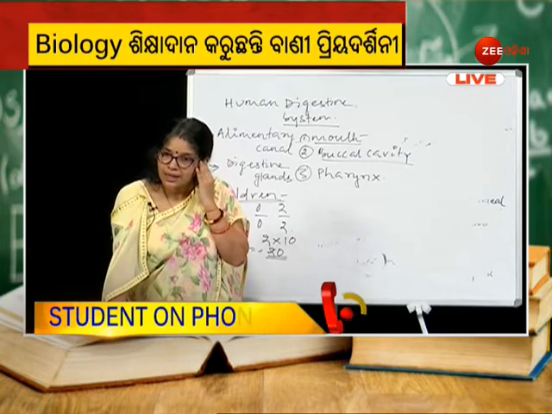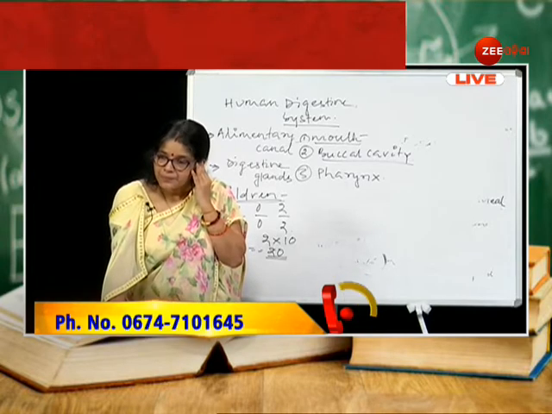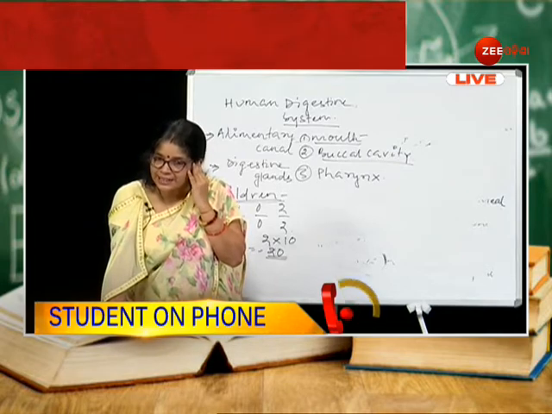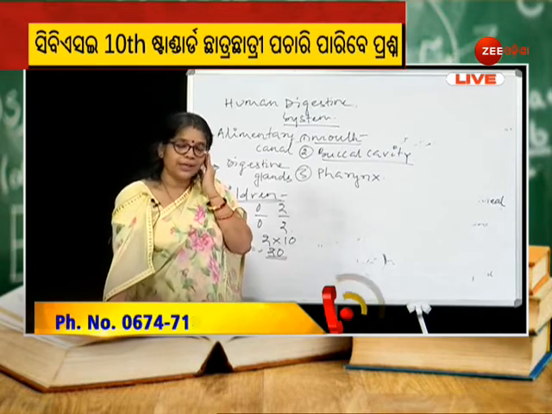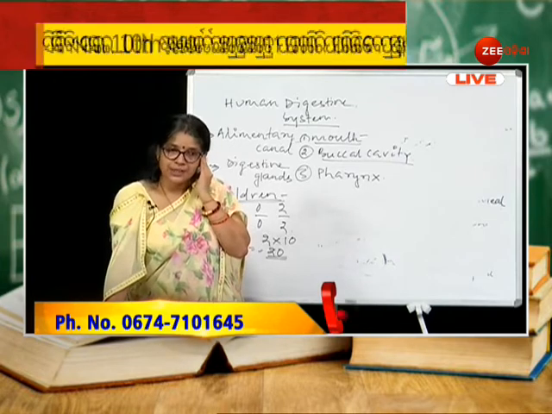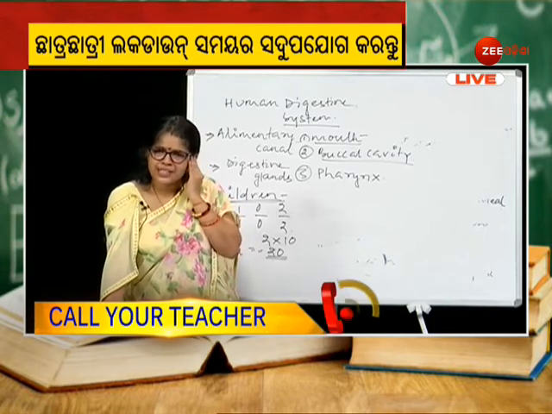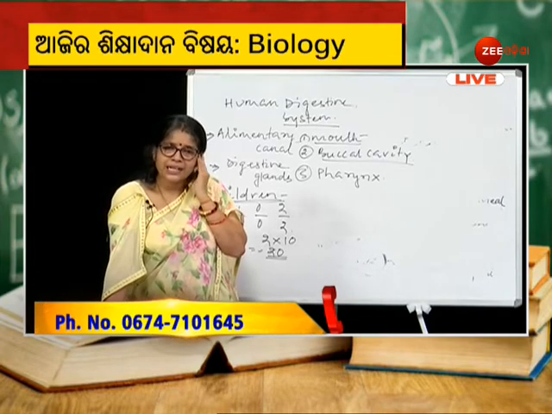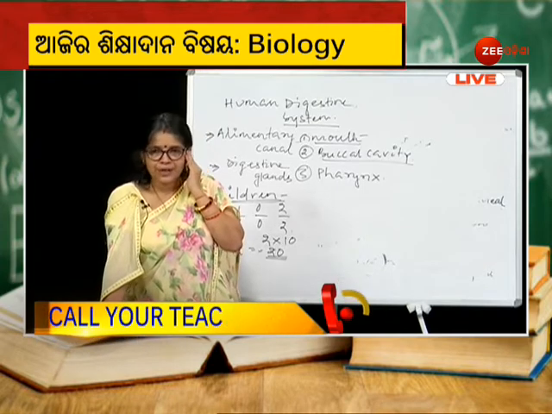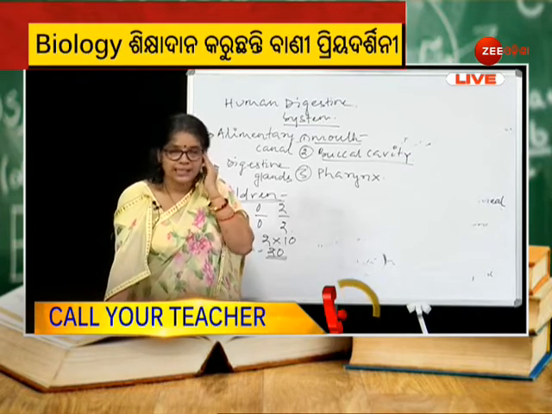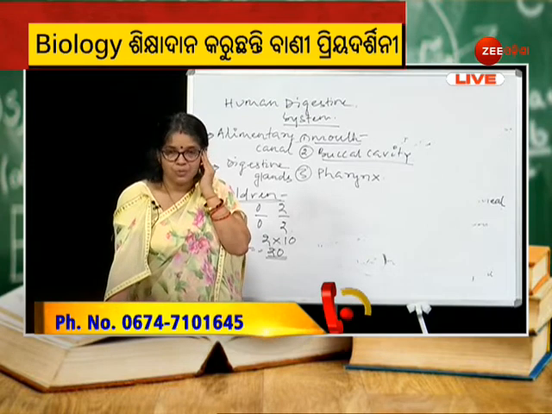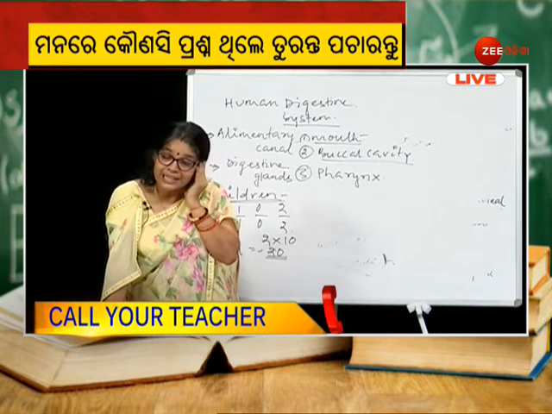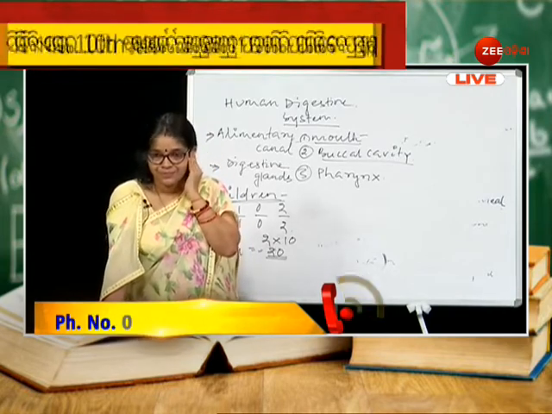Hello, ma'am. What are the components of the transport system in human beings? Mainly during transportation, the main components are blood and lymph. These are regarded as the circulatory fluid, which mainly transports the nutrients, the wastes, the respiratory gases, the enzymes and the hormones. Almost all transportation is done through these, so they are mainly the parts of the circulatory system, that is blood and lymph.